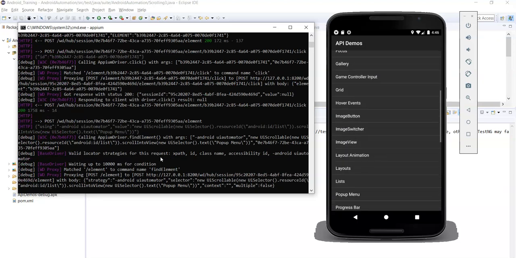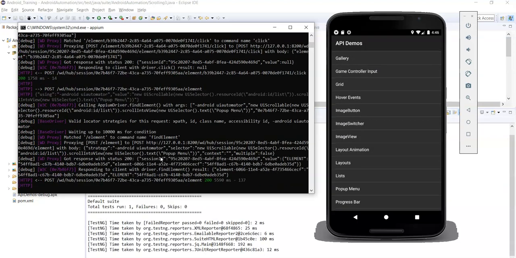Now it is scrolling down to specified element, that is pop-up menu. So here it is scroll down until visibility of pop-up menu only, but in previous example it is scroll down until visibility of web view, that is end of the scroll, right? Okay, so in this way you can use scroll into view to scroll down to particular element.